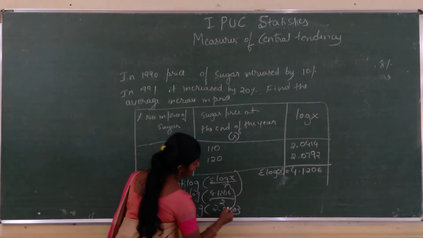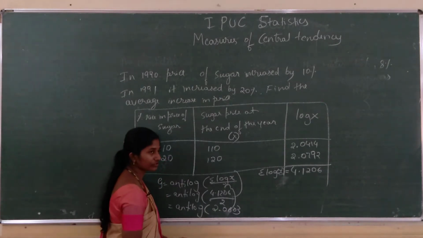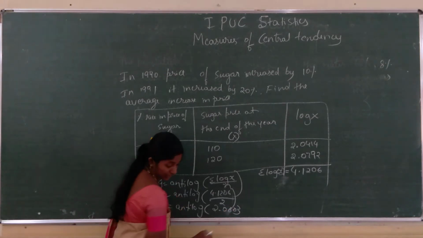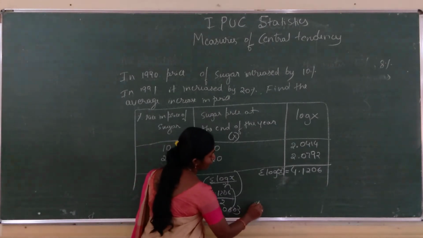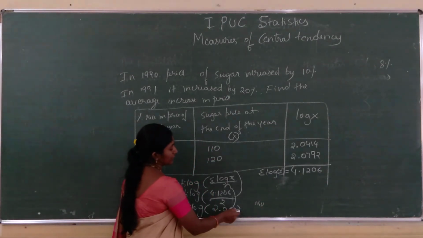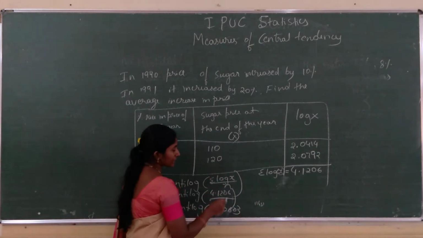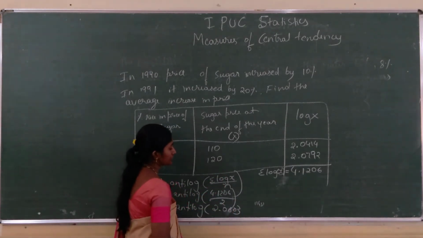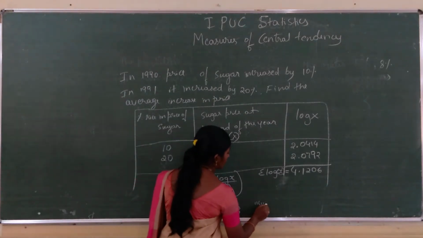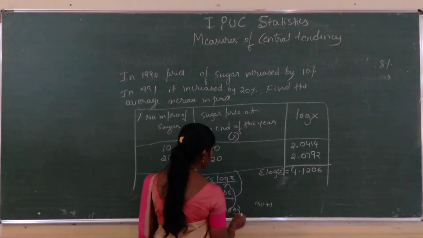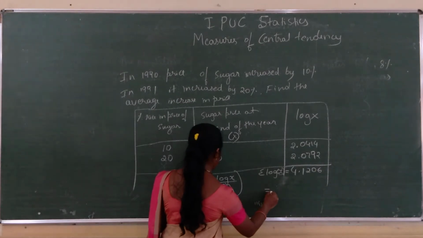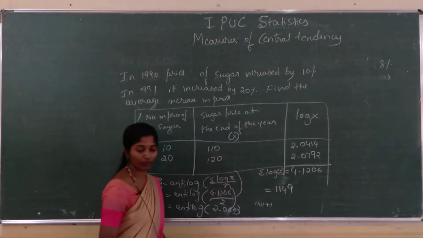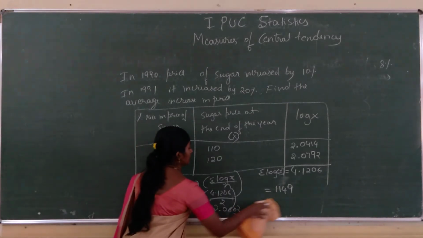2.0603 here, 06, you should see in the antilog table. 0 6 in that 0, so that 1 1 4 8 we will get. Next, in the mean difference 3 under that in the same row you have to see 3, what is the value? 1, add plus 1. Now the answer of this one is 1149, you will get 1149.